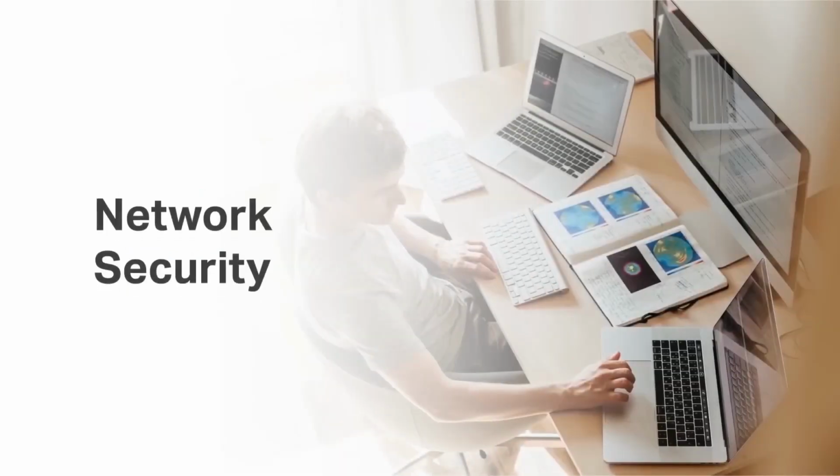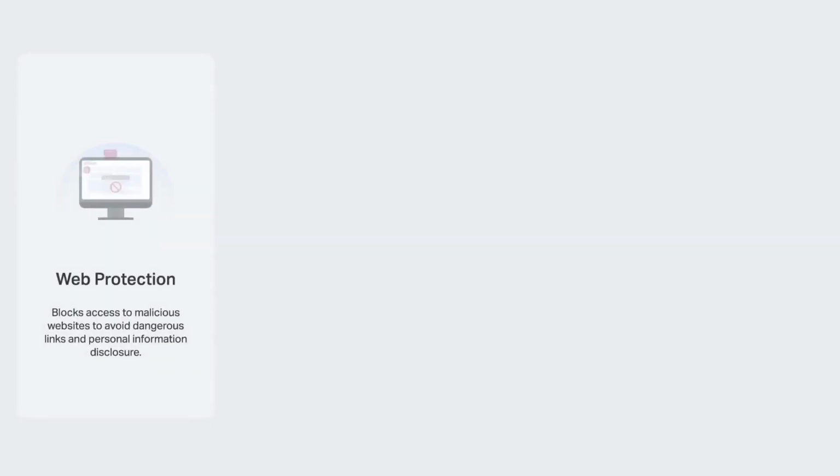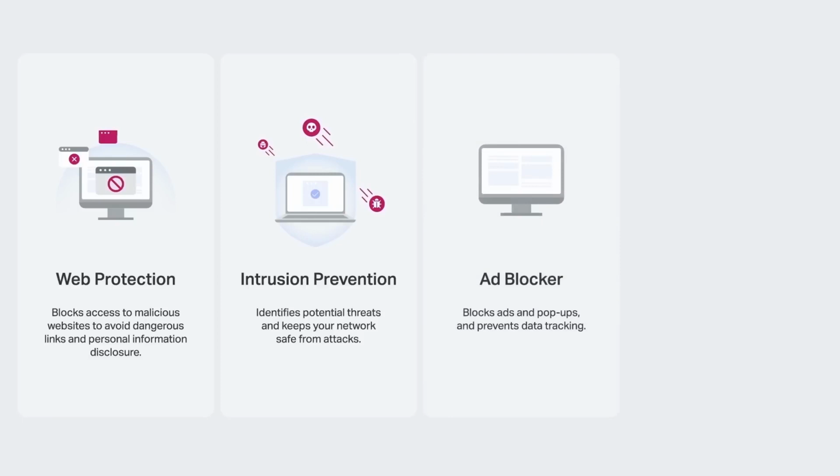First up is network security, which protects your online safety. When you're surfing online, web protection safeguards your family by intelligently preventing access to malicious URLs. What's more, intrusion prevention identifies and blocks potential threats to keep your network safe. When you're watching YouTube or browsing websites, AdBlocker blocks annoying ads and pop-ups and prevents data tracking to enjoy safer